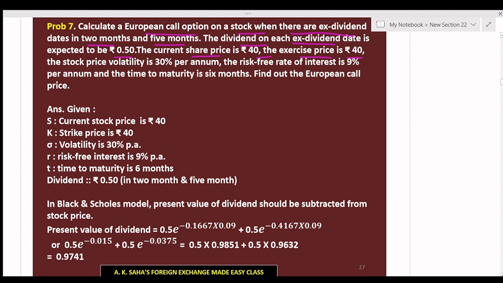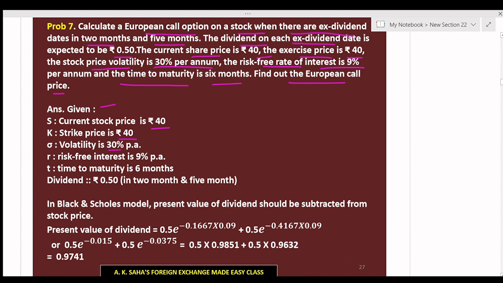The stock price volatility is 30% per annum. The risk-free rate of interest is 9% per annum. And the time to maturity is 6 months. T is 6 months. Find out the European call price. It is given S, the current stock price, is rupees 40. K is equal to the strike price